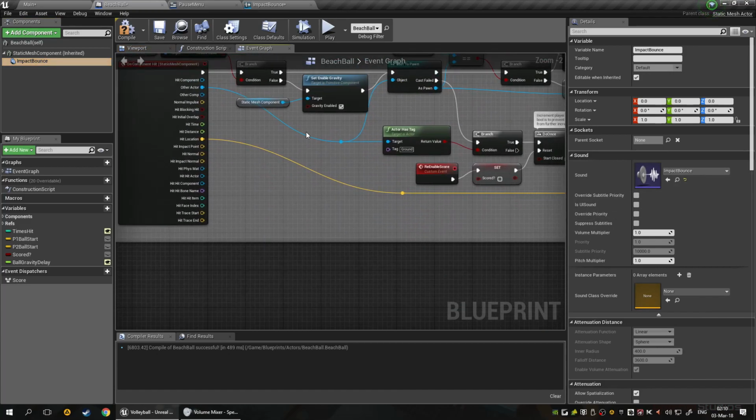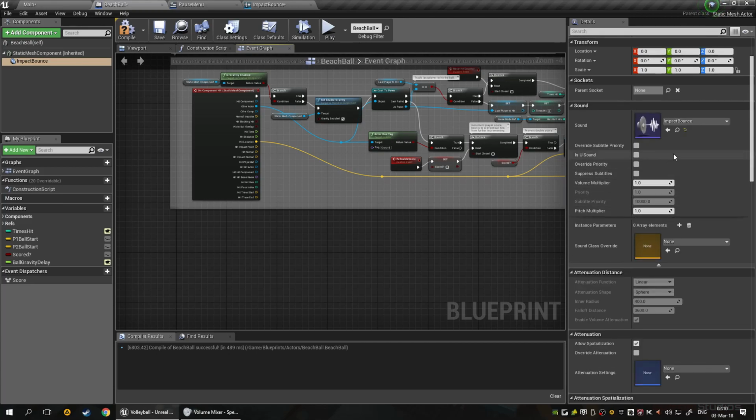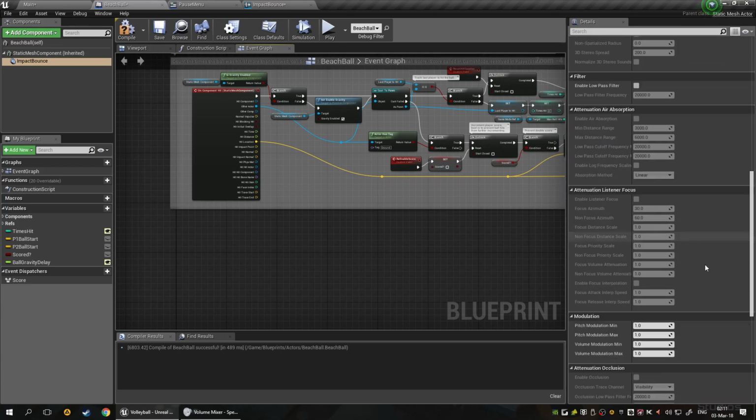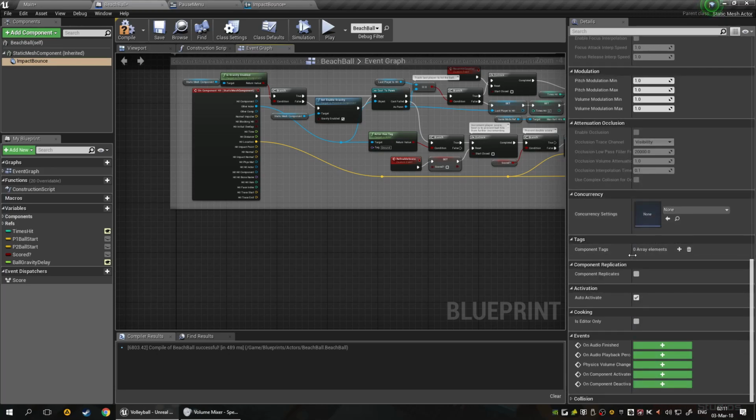Again, this is a node that has a little bit more functionality than just playing a sound. You can override subtitles priority, say that this is a UI sound. You could suppress subtitles with it. You can have its own volume and pitch multiplier. The only thing is, you have to understand that this thing, even though it has all the settings that you can have, concurrency, attenuation, you can set everything up in this sort of